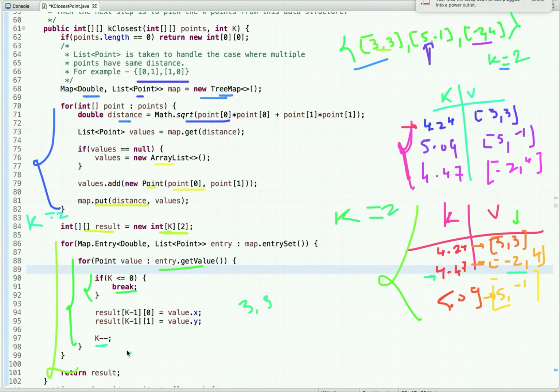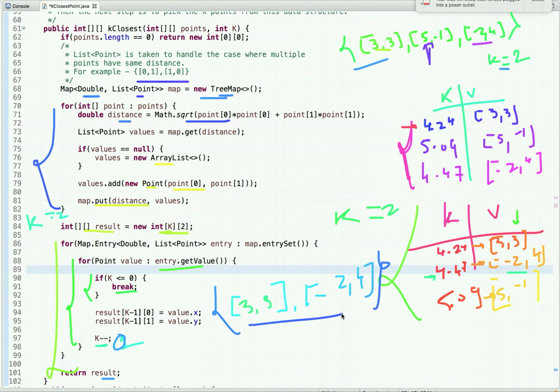First we decrement it to 1, and next time when we iterate, we take this record, minus 2 and 4, and then we decrement its value, which is 0. Next time when we pick a record, we see that we have already taken 2 points, so we simply break this loop, come out of it, and return the result, which is these two closest points to the origin.